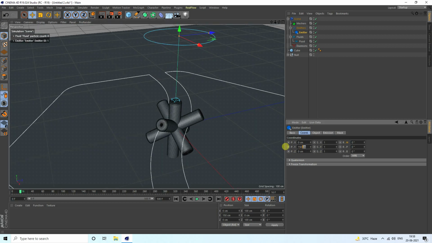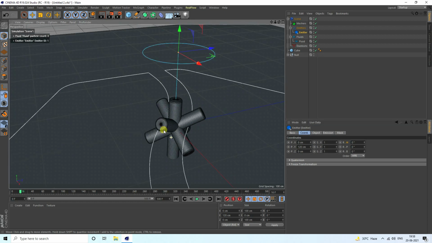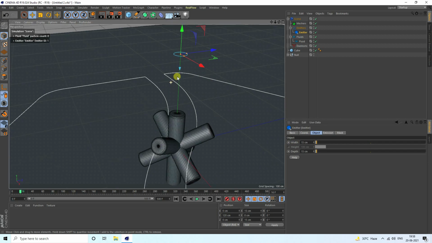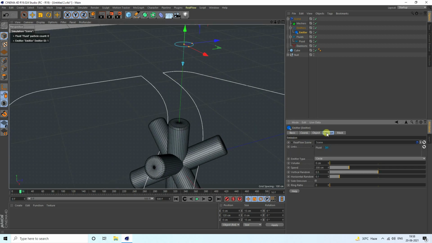Yeah, actually 120. Yes, 120 is good, right? Okay, so guys, go to object and set the size to 15 and 15. Yes, good, right?